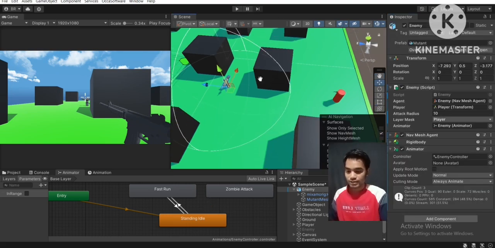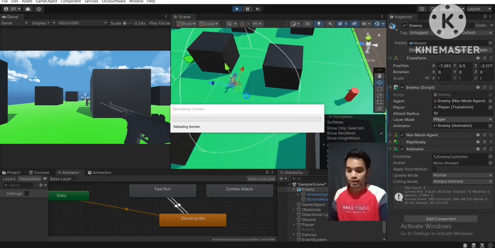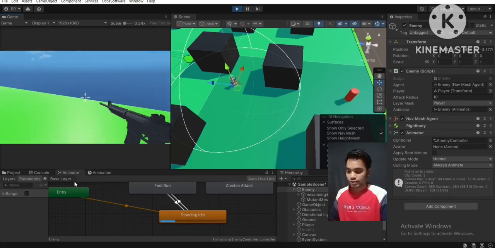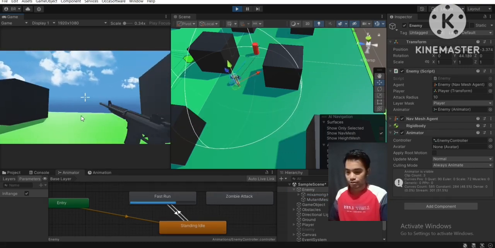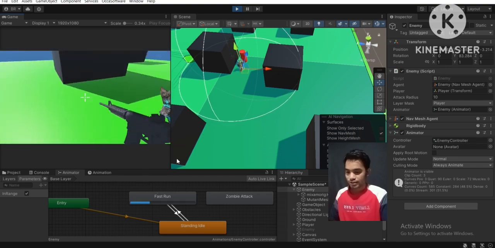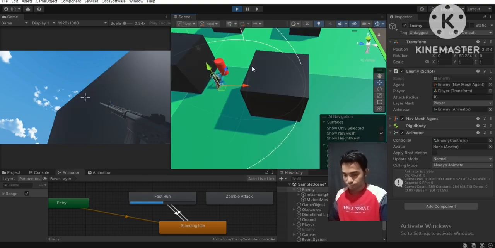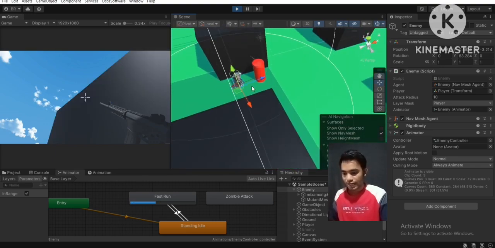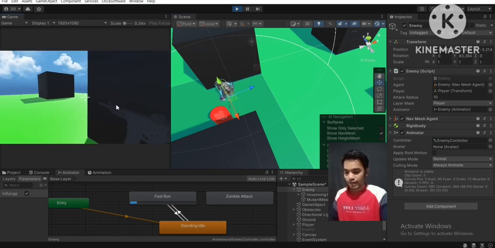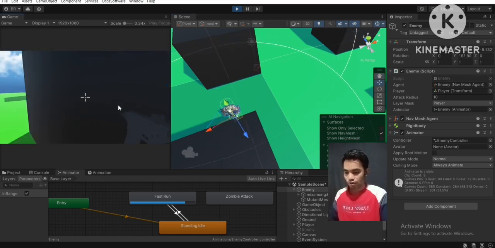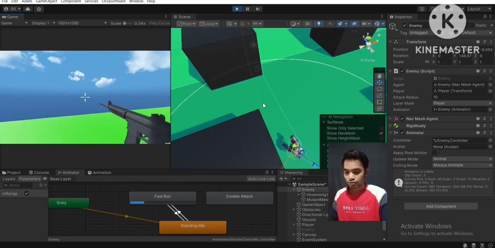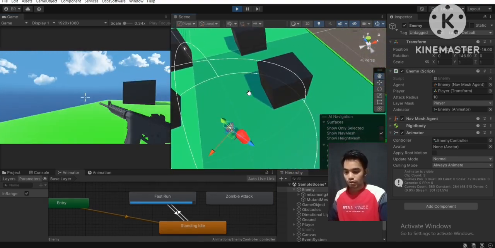So let's check that out. Let's hit this play button. If we get in this attack radius of the enemy game object, the enemy should play this run animation clip. So let me go inside. As you can see, the running animation is playing. If I take a closer look, the running animation is playing. Now if I get out of this attack radius,